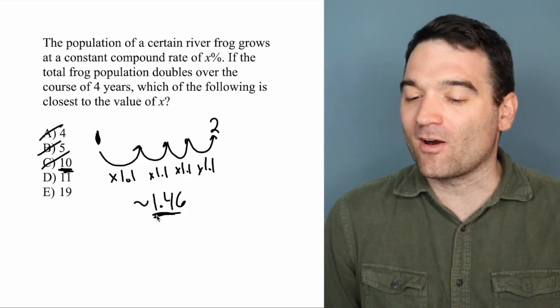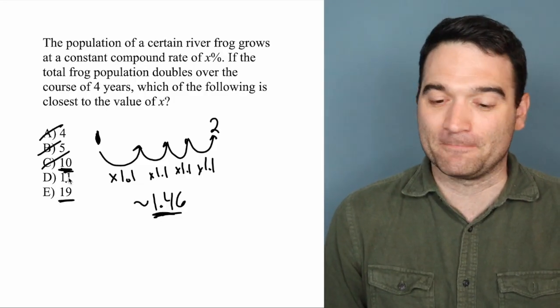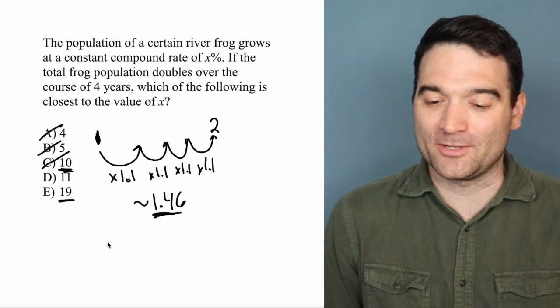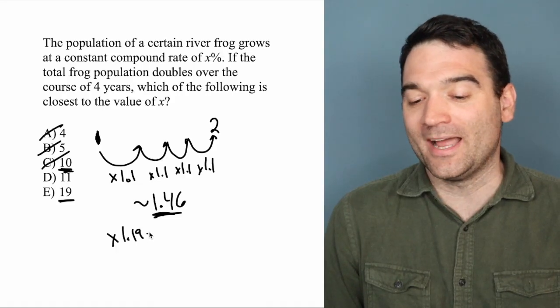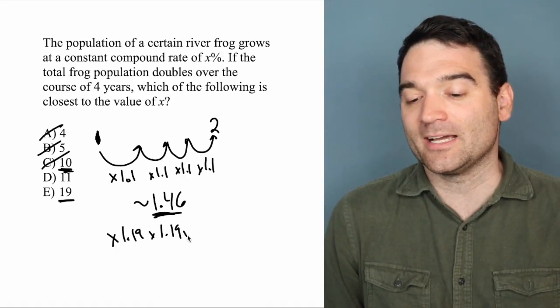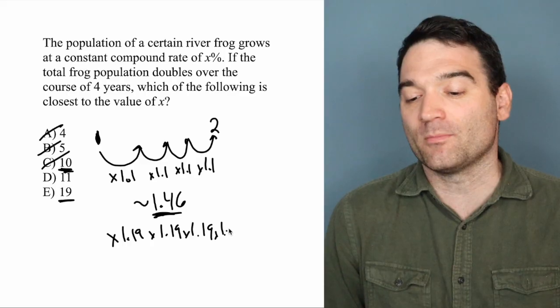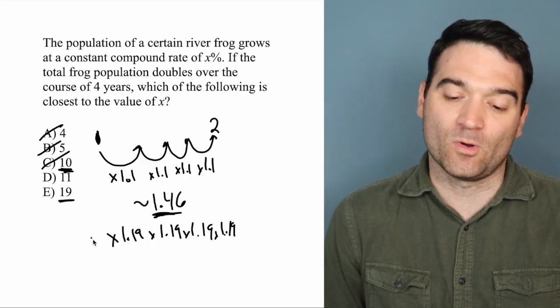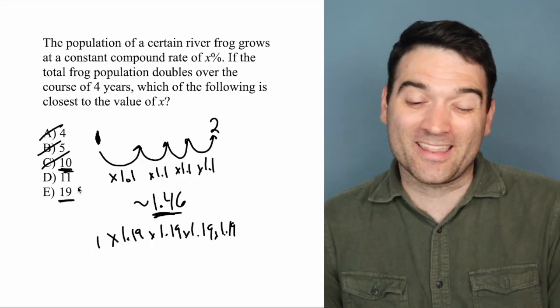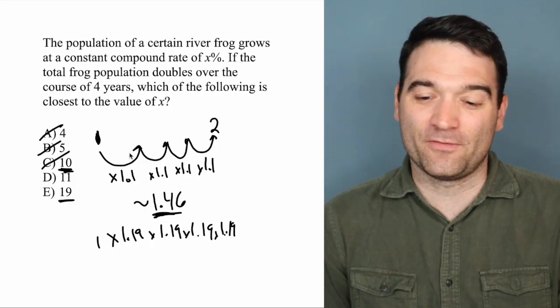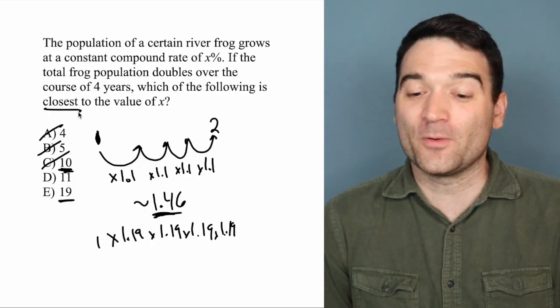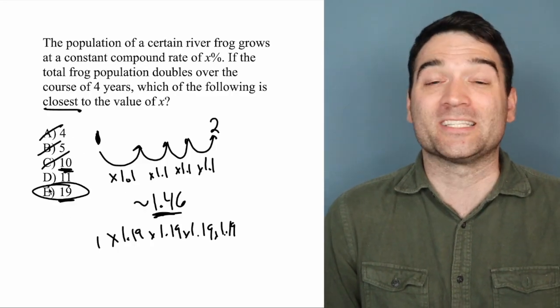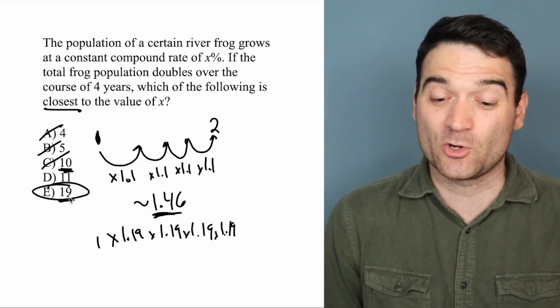Well, I'm pretty far off here, so let's use 19%. Sure enough, when I multiply 1.19 times 1.19 times 1.19 times 1.19, starting with 1 of course, I end up with, I think it's something like 2.0005. And so it said, which of the following is closest to the value of X? 2.0005 is pretty darn close. Correct answer here is